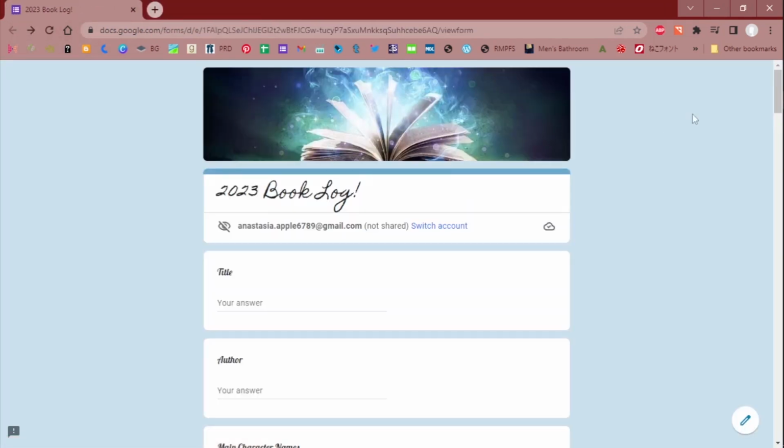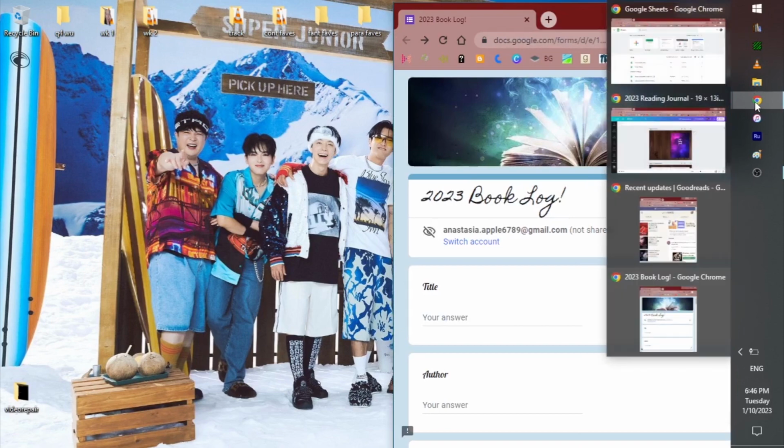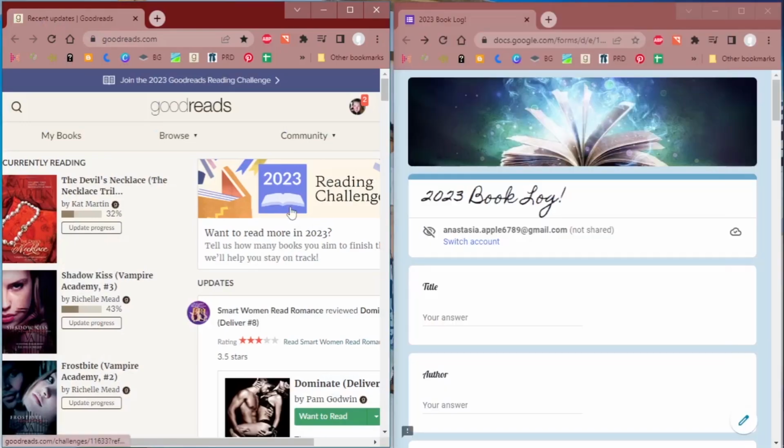Okay, so that is my book log, so the Google form that I use to track, to enter in when I have finished a book. So I will just kind of minimize this. Now, like I mentioned before, the way that I typically do this is I have the Goodreads app pulled up